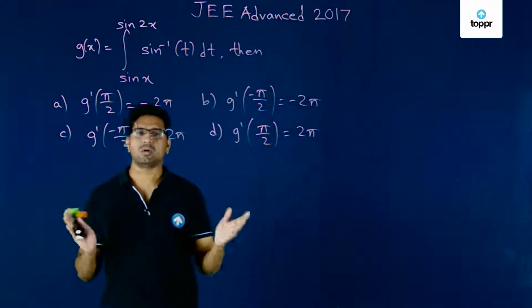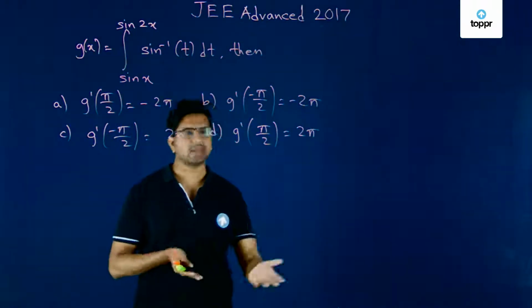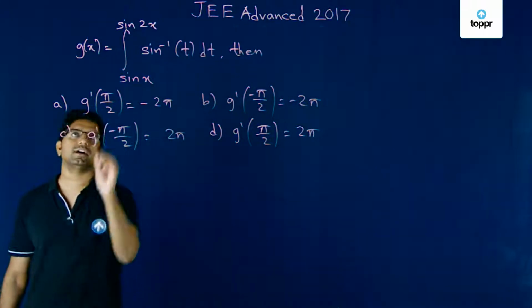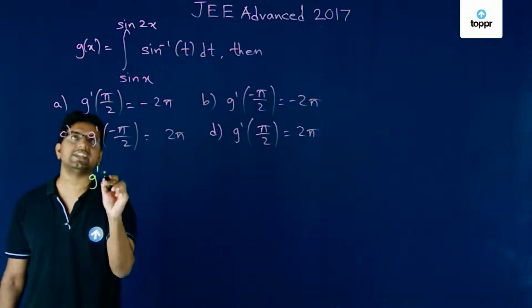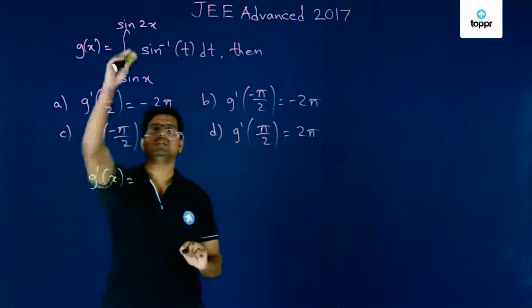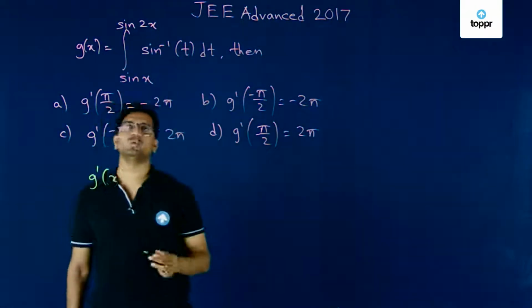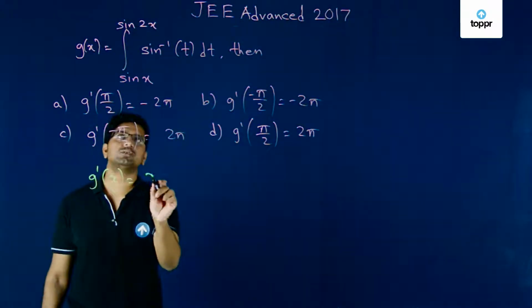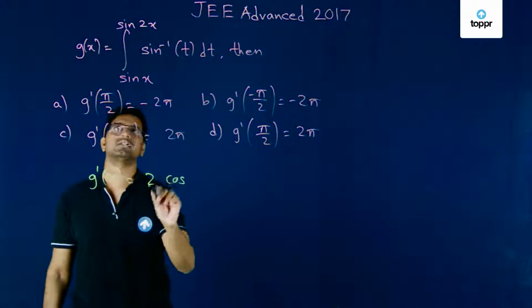So we very well know how to proceed. We have to make use of the Leibniz rule for solving this problem. Okay, so first of all, let's find the expression g dash of x. So g dash of x, on using the Leibniz rule, becomes, we will have to differentiate the upper limit. So that becomes twice cos 2x,